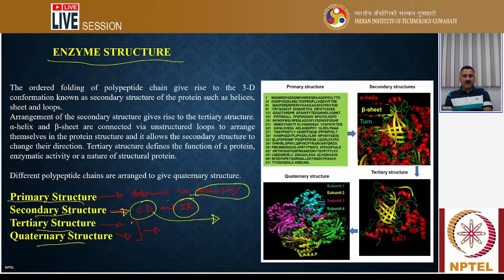And then when we were discussing the tertiary and quaternary structures, we discussed how you can determine the tertiary and quaternary structures, what the different methods available are, and how you can approach them. And in that process, we have demo videos so that you can use them for advancing your work.